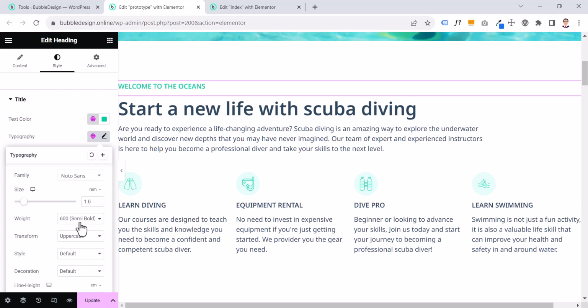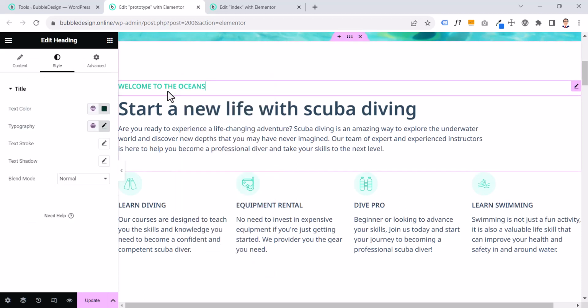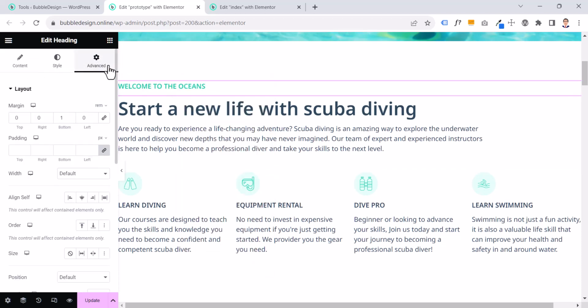It's 600 bold and uppercase. Okay, 600 and uppercase, so it looks something special, something more beautiful, appealing. And of course I put 1.5 rem or 16 pixel margin below,